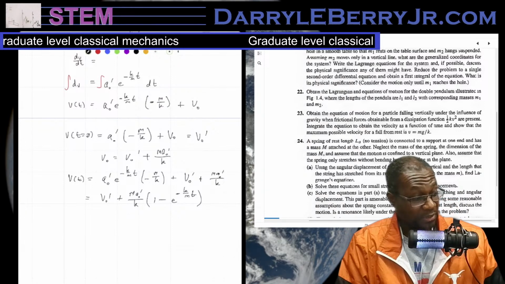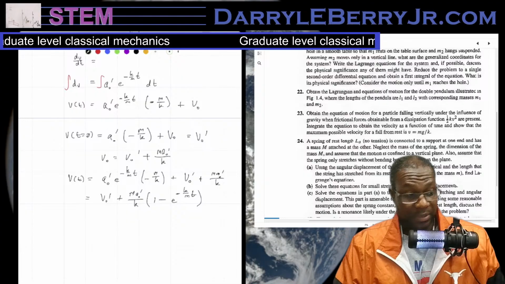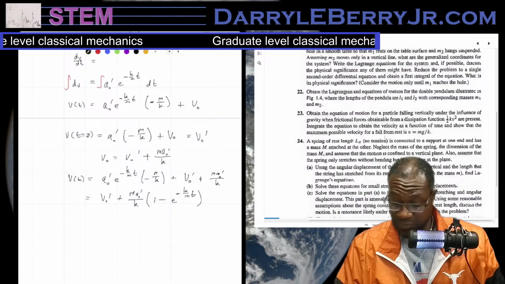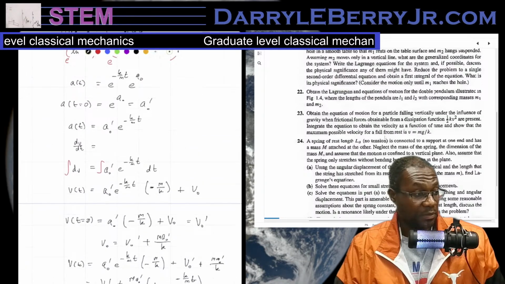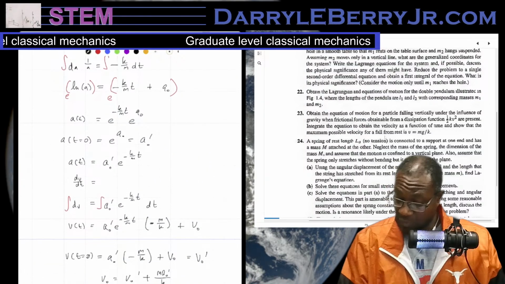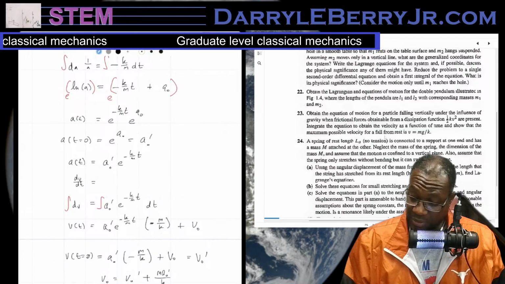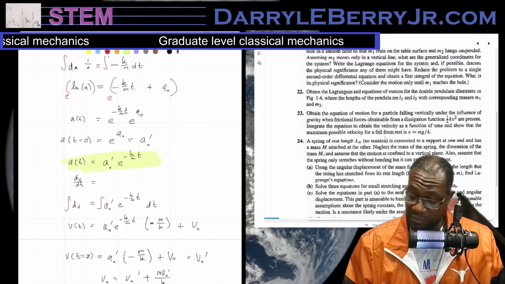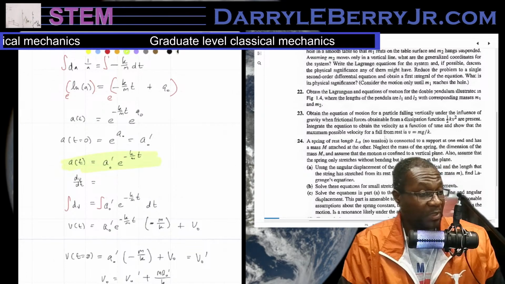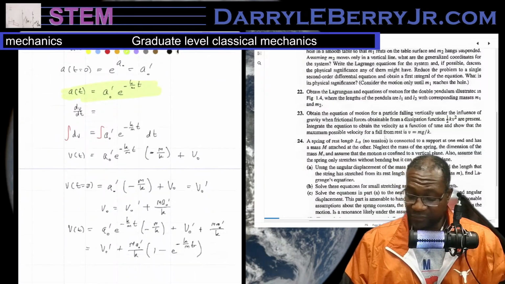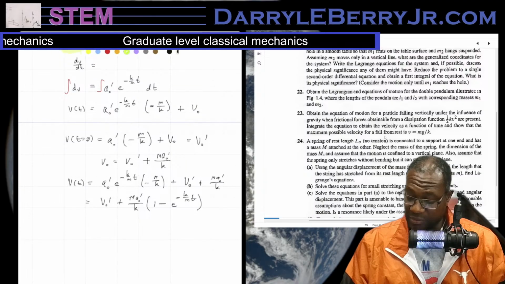All right, so we seem to have the same thing here. Let's look at the problem again. Integrate to obtain the velocity as a function of time. We did that. So we obtained the equation of motion, a of t, after the derivative, then integral, derivative to get rid of the pesky constant. Then we integrate it to obtain the velocity. So we integrated a of t, turning it to dv over dt, integrated, found the constant of integration. Now we have v of t,